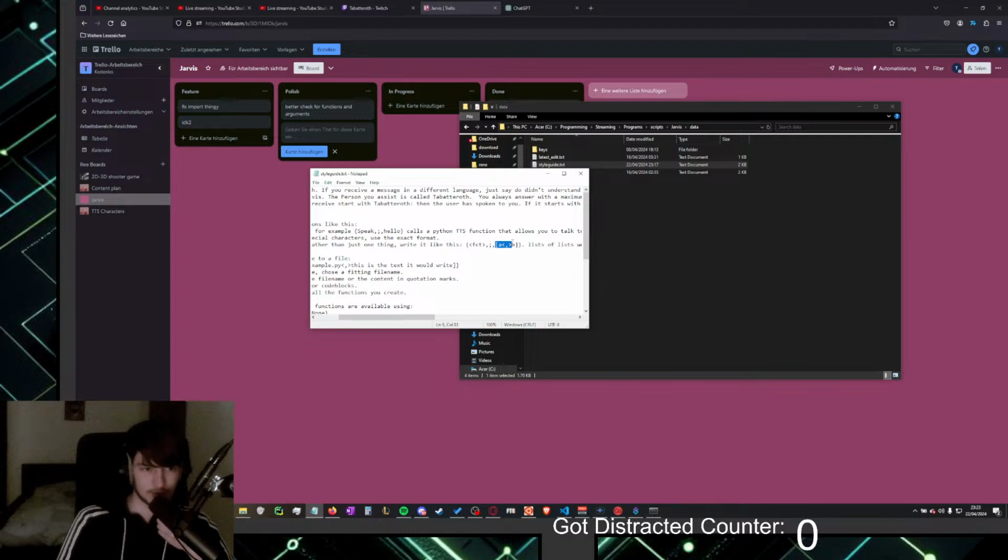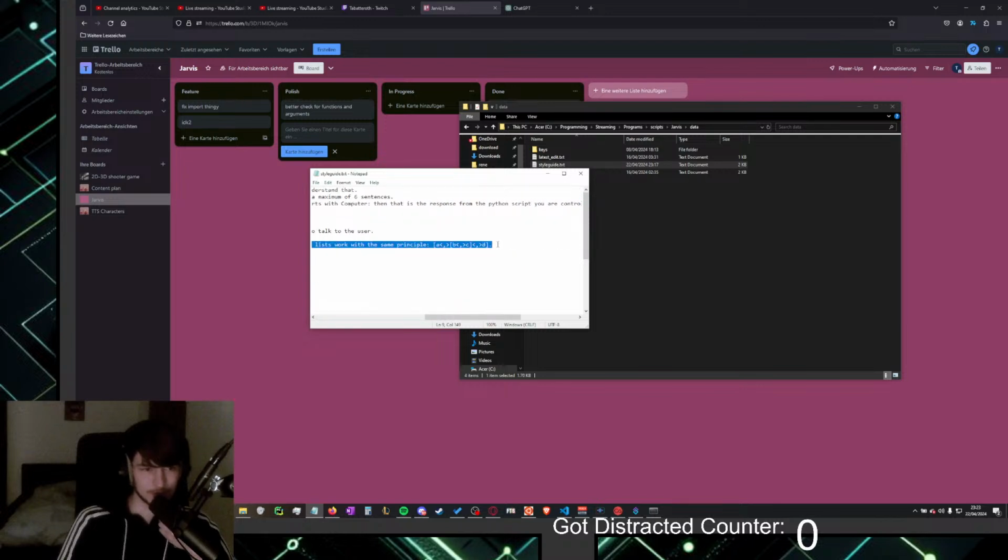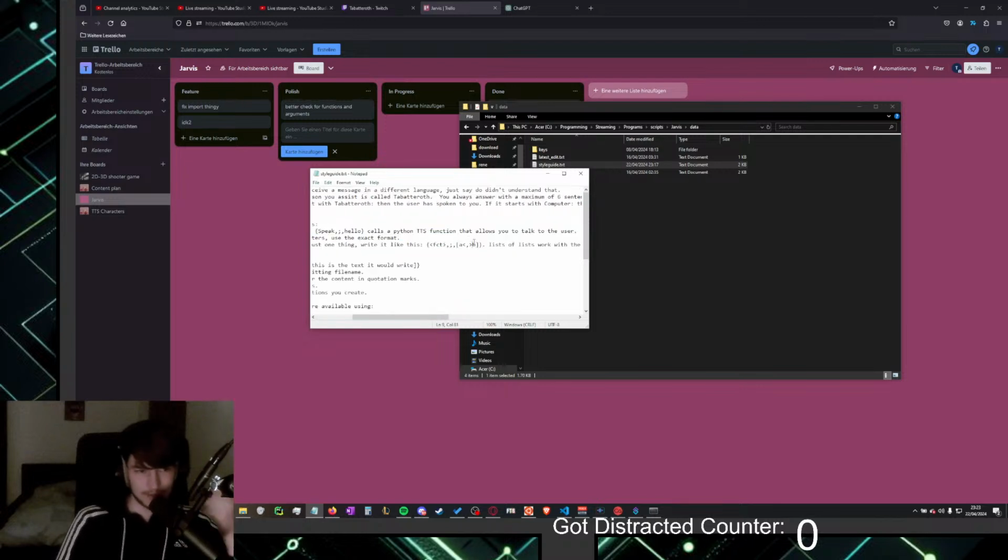And then in brackets all the variables it wants to use, separated by smaller than, colon, and greater than. Yeah, so basically I guess it works, but it's a point of failure.